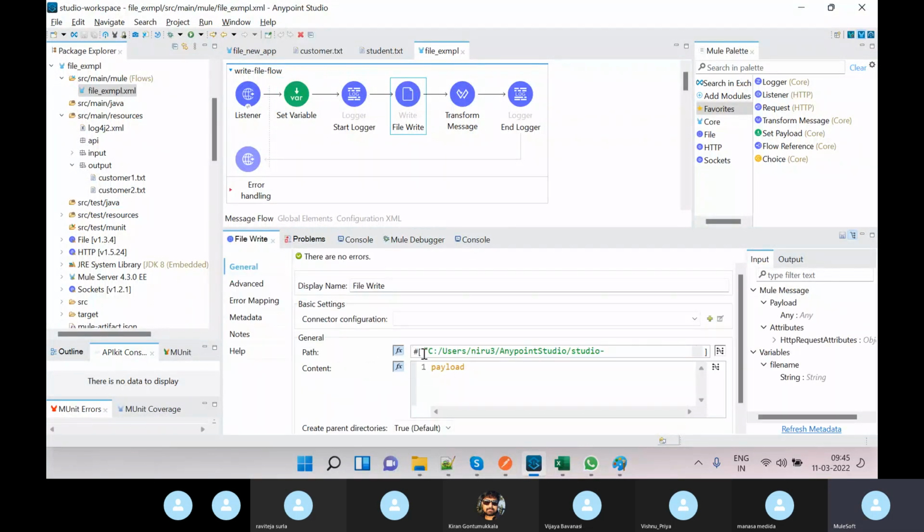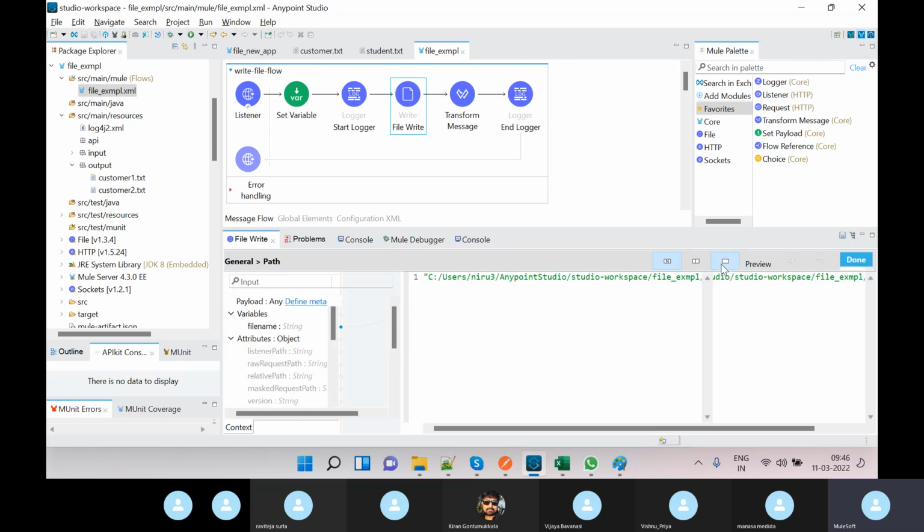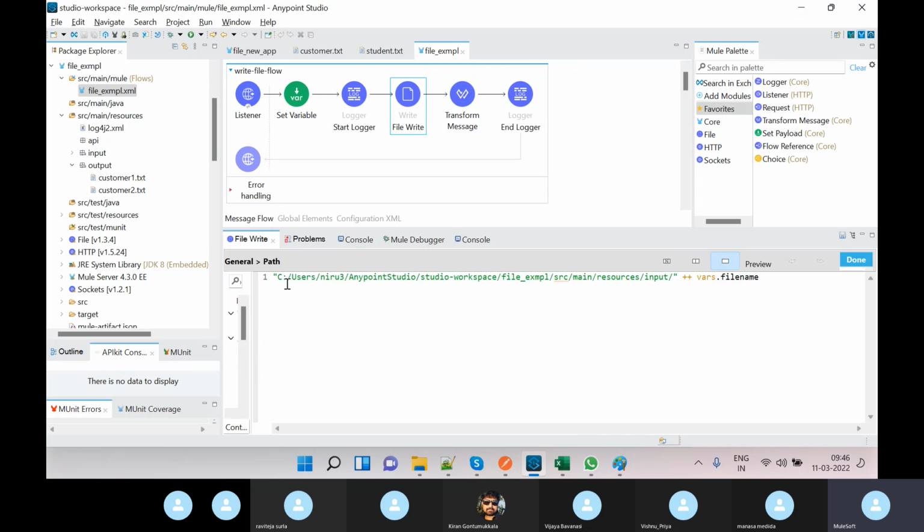In the path section, I'm giving this file name. The dynamic file name I'm reading here. I'll open this, then you can understand. Here you can see this is the file name. Up to here you can see the path, and this is the file name. In this path usually you will get a backward slash, but we need to change it to a forward slash. Same thing I'll implement in this flow also. Why? Because